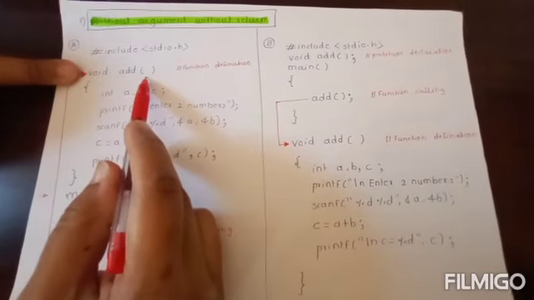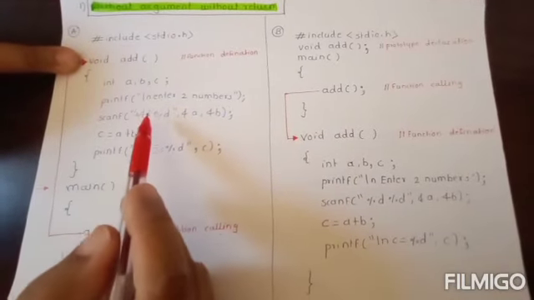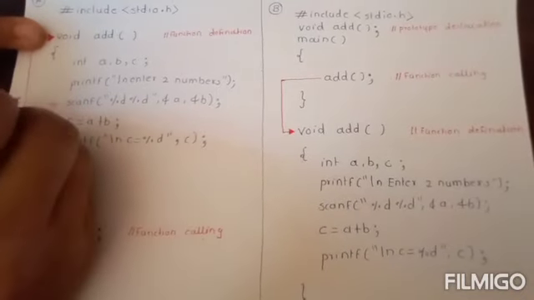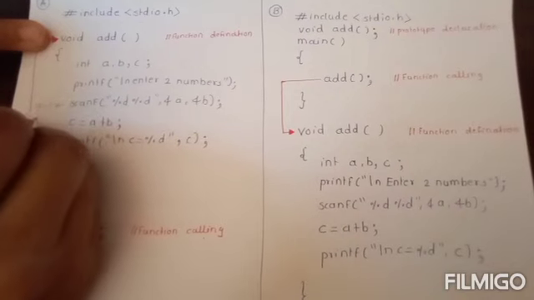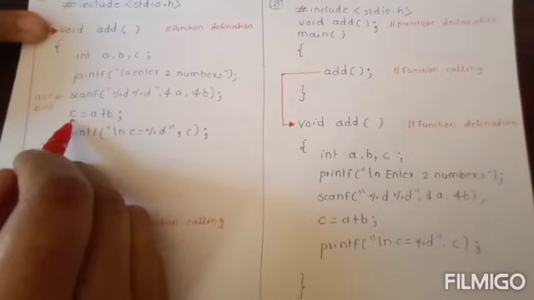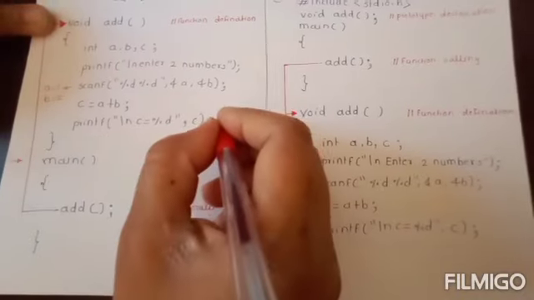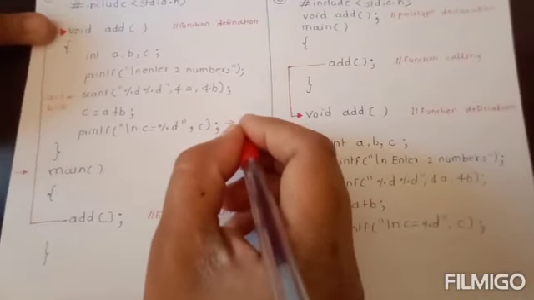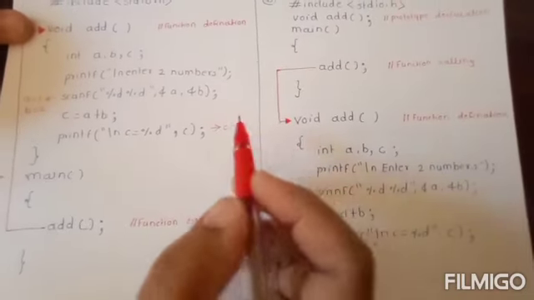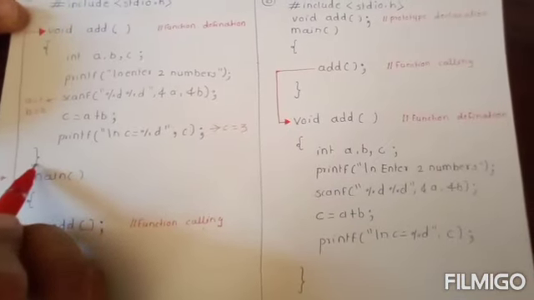Okay, and now here we declare three variables. We accept the two values from the user. Again, I'll take the same values, A is 1, B is 2. I perform addition, then the result is 3, and here using this printf we display the result of C is equal to 3. Okay, so this is the end of your user defined function,